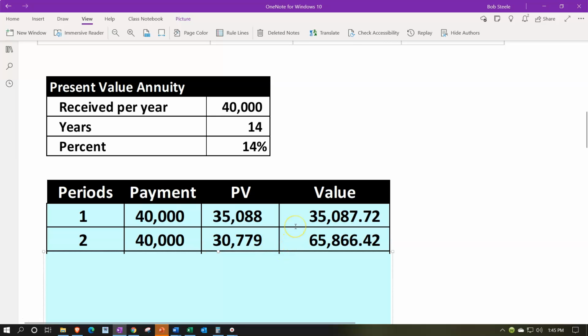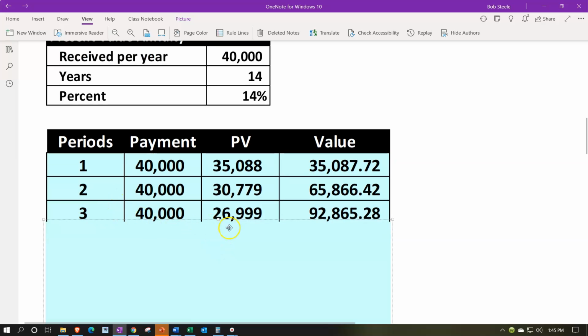And then if we take the 35,087.72 plus the 30,779 about, that's rounded, we get the 65,866.42. Then if we did this again, we got the present value of the third payment, another 40,000, present value calculation of that 40,000, this time using the number of periods of 3 as opposed to 2 or 1, as we did before. And that then gives us another present value slightly lower than the prior 2,